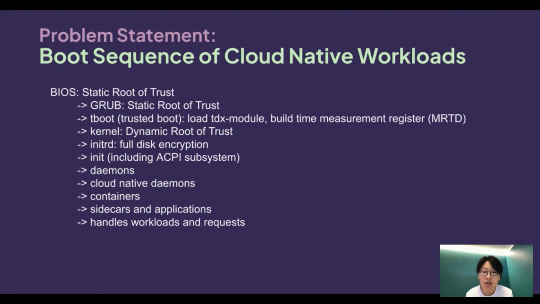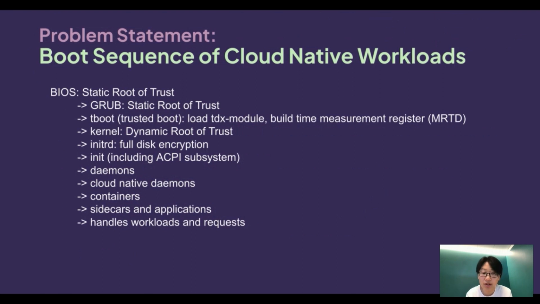After the init procedure, we have daemons like systemd and other daemons which routinely run on Linux. Some of the daemons are cloud native daemons, such as Kubernetes, and also some network daemons that support Kubernetes, and the container shim and container daemons. They are the daemons running constantly on the node. And some of the daemons, like kubelet and containerd, will load the container. They will pull the container image and load the container image into memory. These are the two key steps in the container cloud native scenario.